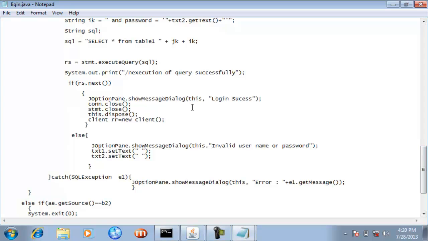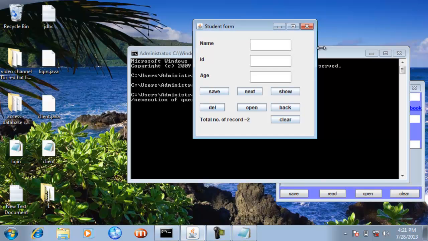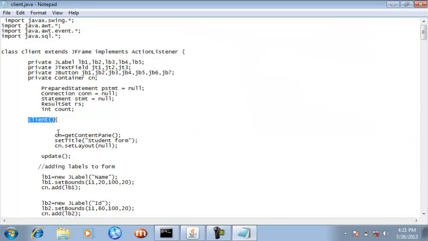You see here, after you receive the message of login success, I have created the object of the client class, and as this object of the client class is created, the constructor related to the client class will be called. If you see client.java, here is the constructor of that client class.